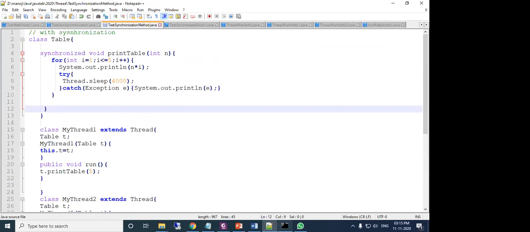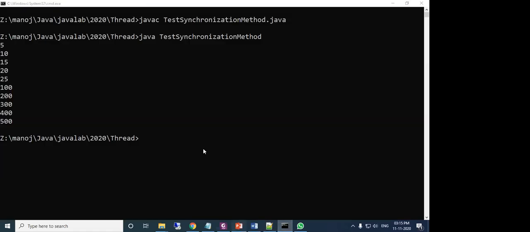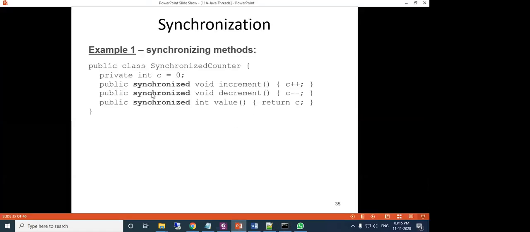So remember, a synchronized method means the synchronized keyword is written before the method. Remember the spelling: synchronized, synchronized method. You can write it before void. Okay, so next we will see